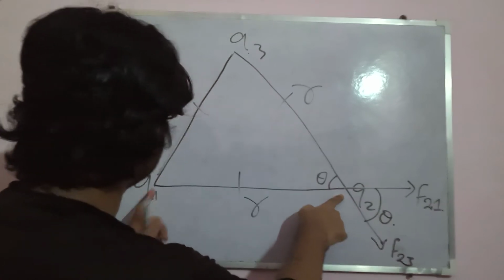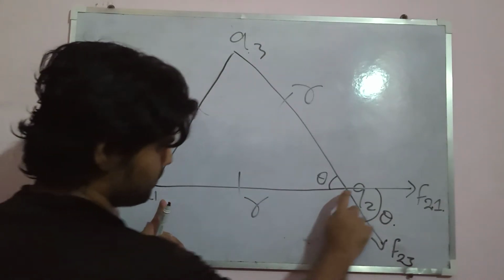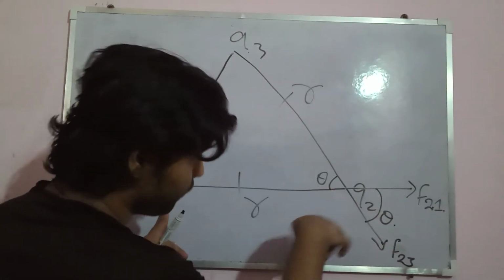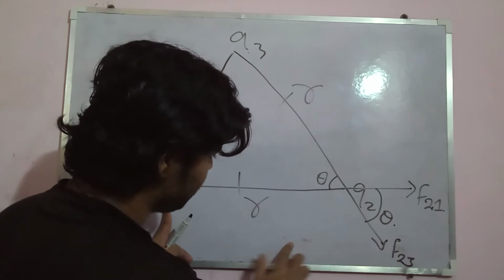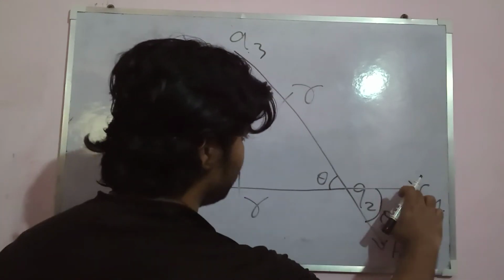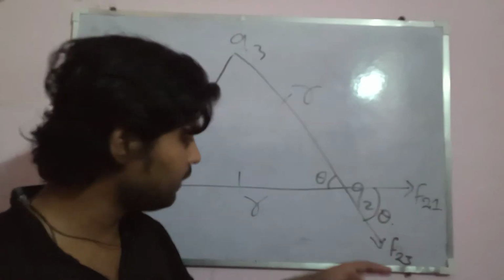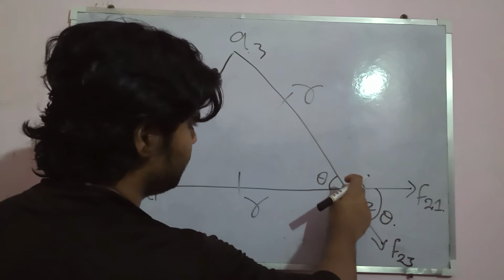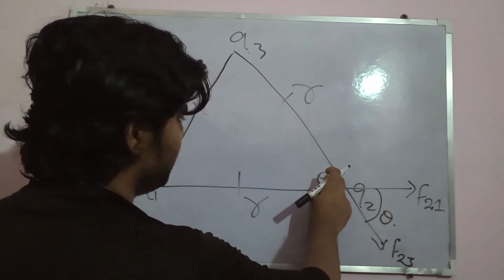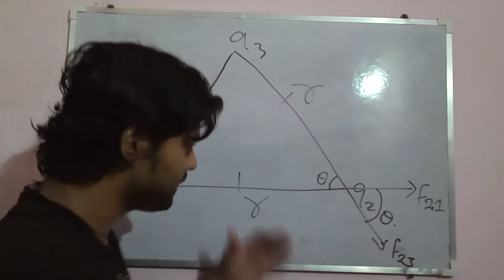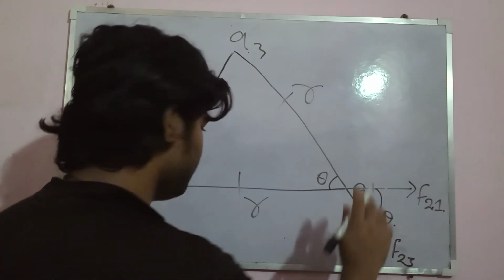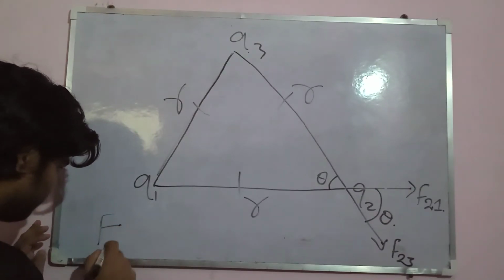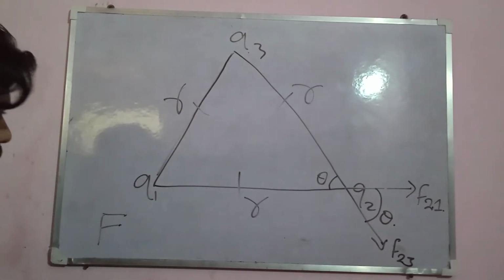The force on Q2 by Q1 is repulsive, so it will be in this direction. The force on Q2 by Q3 is also repulsive, so it will be in this direction. Now our job is to add these two forces vectorially to find the resultant force. For that, we need an angle theta. Theta is the angle between this and this, and as it's an equilateral triangle, it will be 60 degrees. So this is also 60 degrees. So the resultant force on Q2